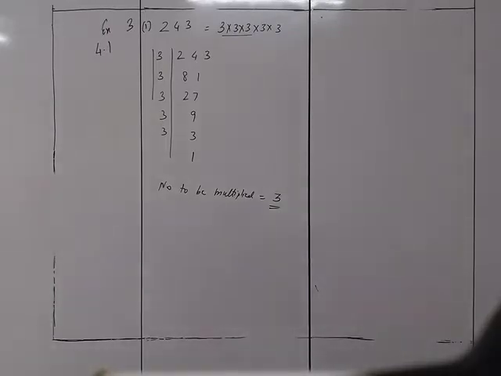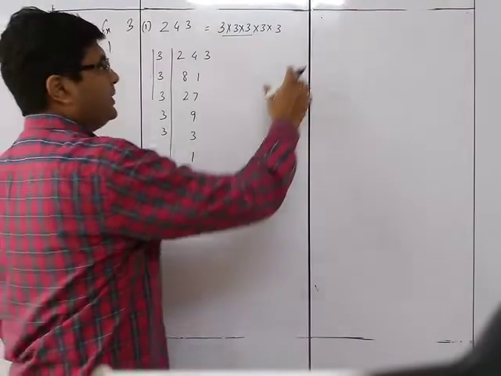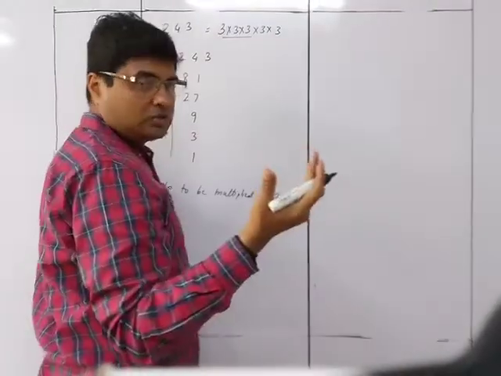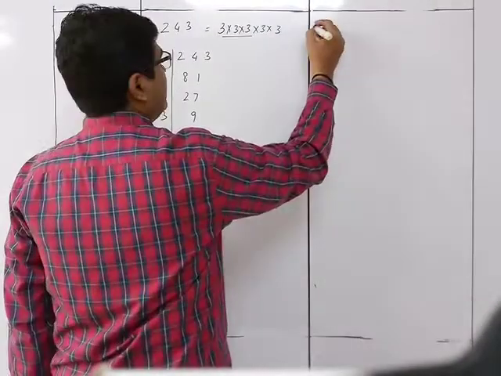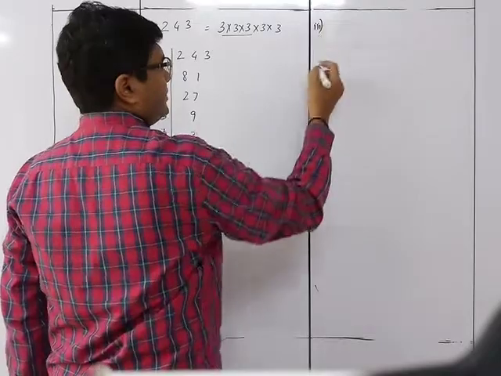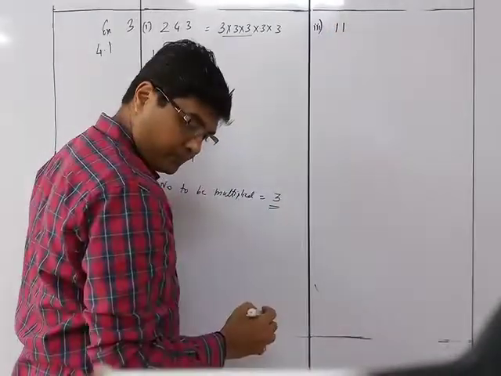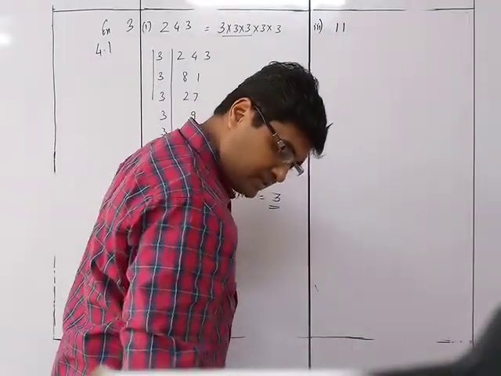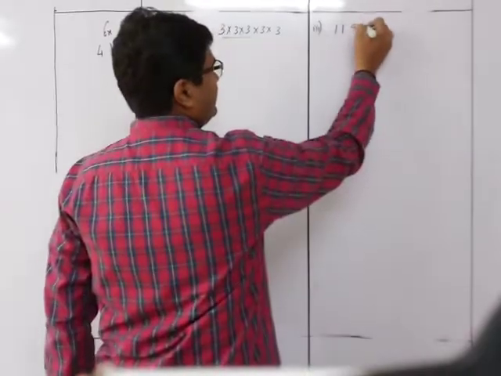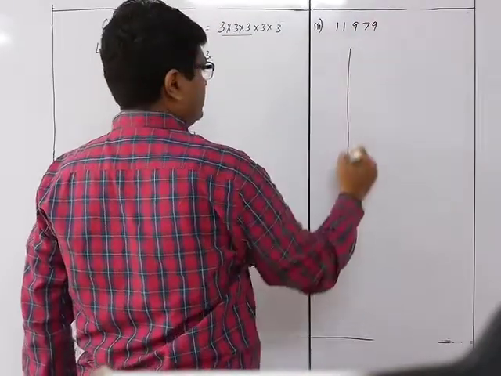We move on to sum number 3. The previous video just got stopped due to some technical reason. So we have over here sum number 3. It is 11979. So when you put this over here, it will be